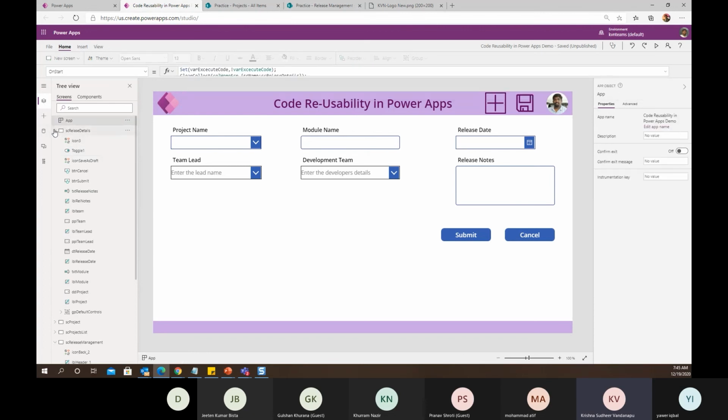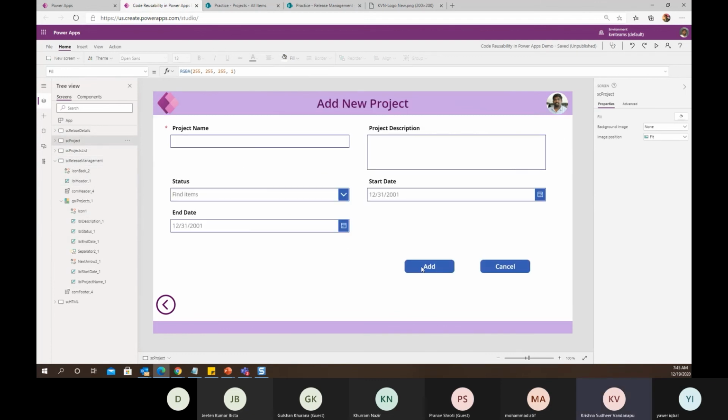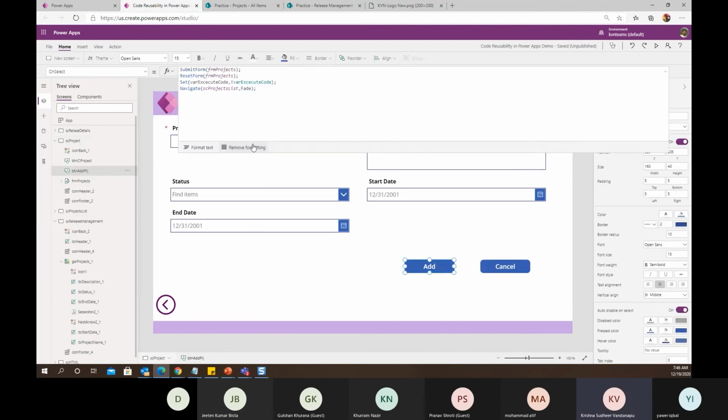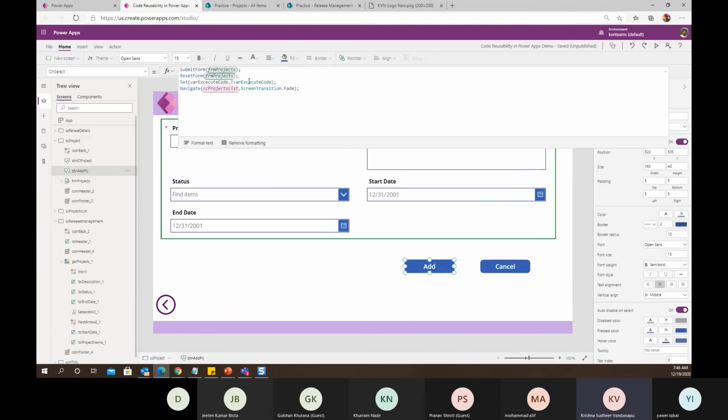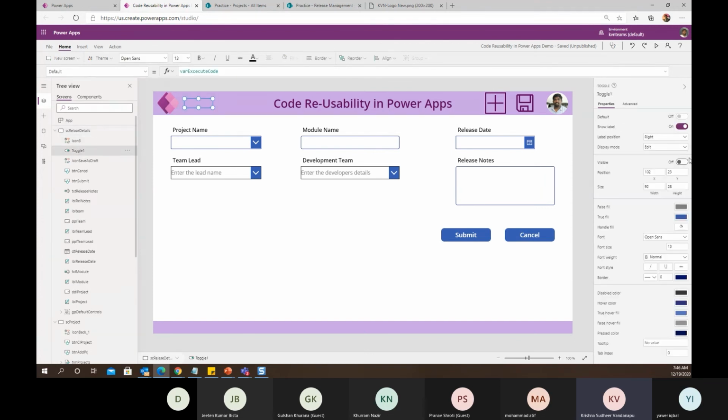While adding a new project, as part of this submit button, I am also toggling my toggle control, which recreates my collection with the new values. If I just show you the toggle control, by default it is now off.